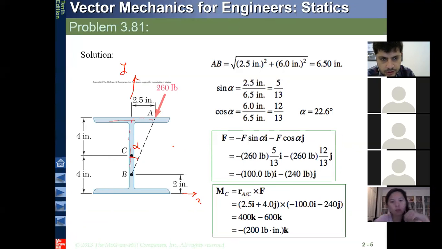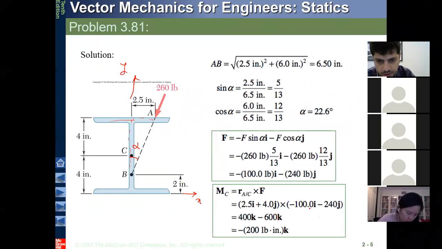And the distance vector from A to C is 2.5 in the x direction and 4 inches in the y direction. And you can calculate the cross product